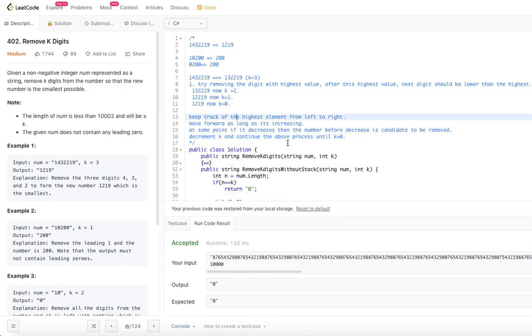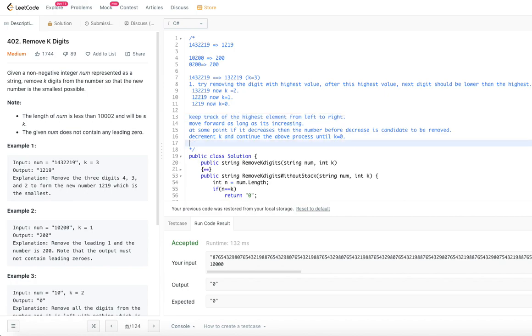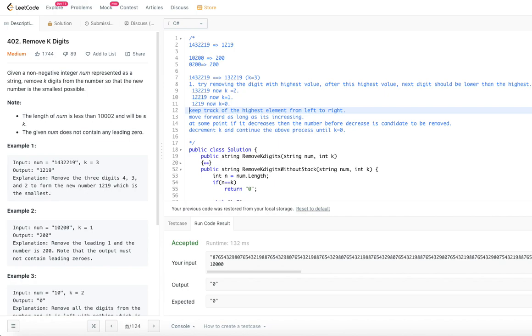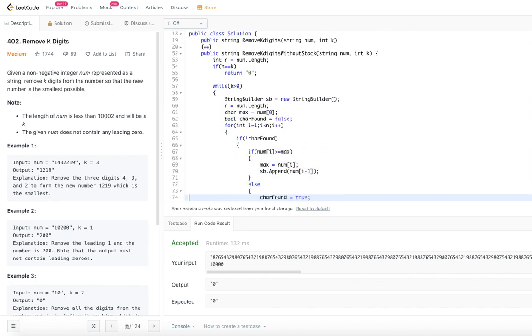So let's look at that particular algorithm, right? We will optimize this and go for a better algorithm very soon. Let me show you the code for this. So there is a code for this.